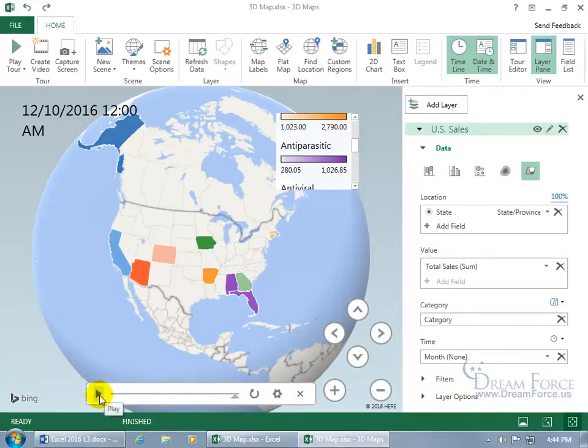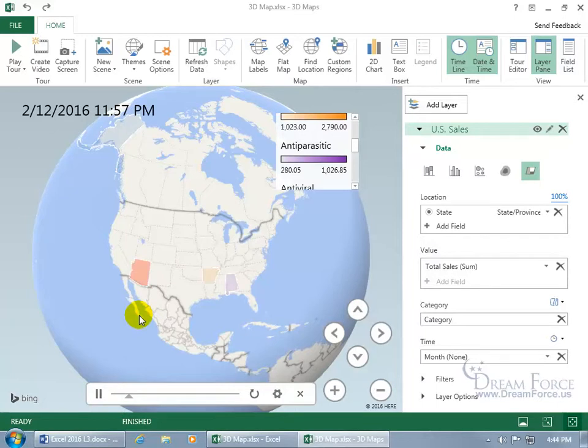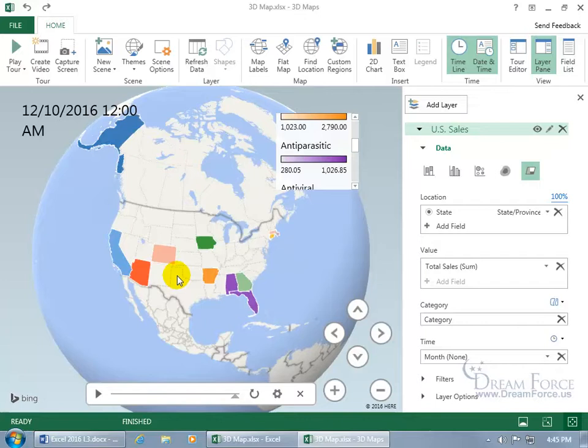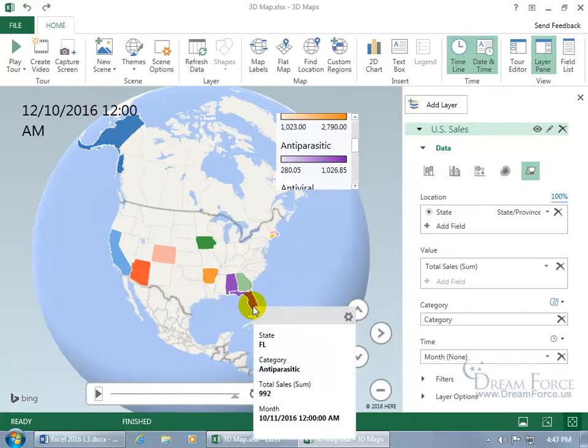As you can see with our play button, when I click on it, over time it's counting through the time, the months and the actual time itself, but it's going through pretty fast. And then notice when it gets to a certain point with some of these states, they get a little darker, they get a little lighter. Now let's go ahead and do this again, but this time focusing on the state of Florida, because as you